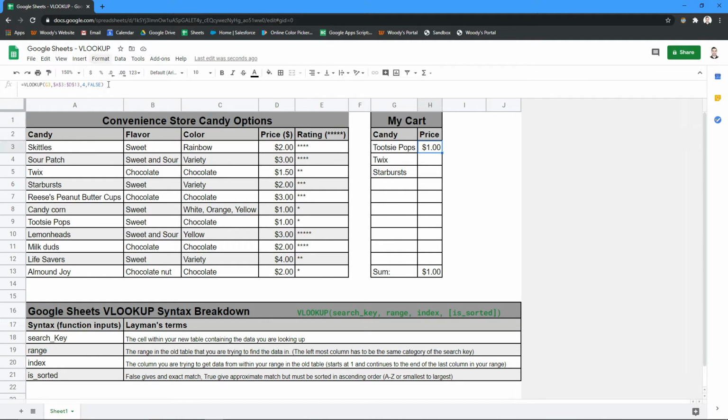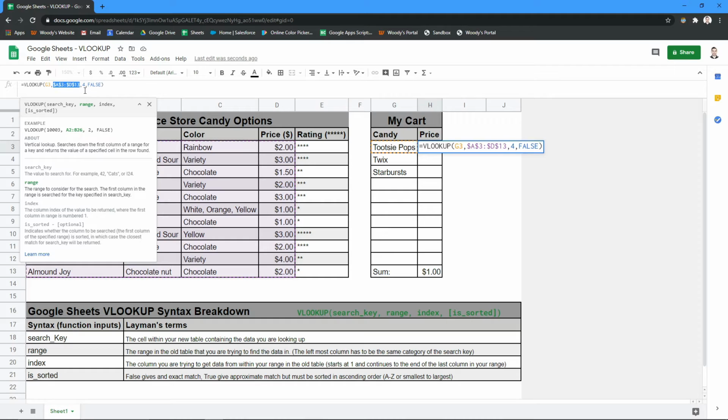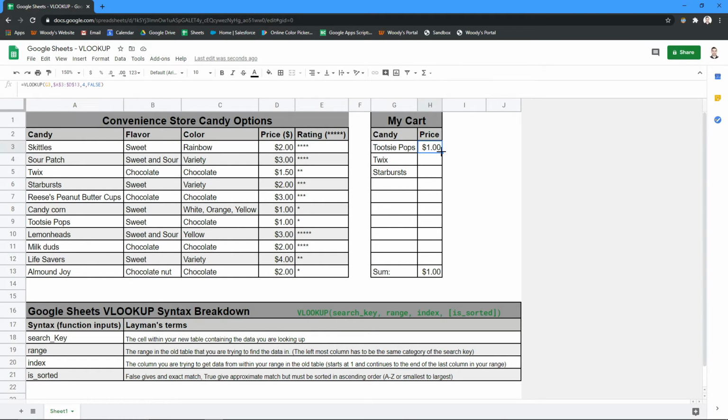Because we put those $ signs in front of those rows and columns, when you fill it down, they don't change. This, your search key, will change. It needs to change. This will not change because it's not associated with a column or row. It's just 4. False is going to stay the same as well. So then we can just fill this down.